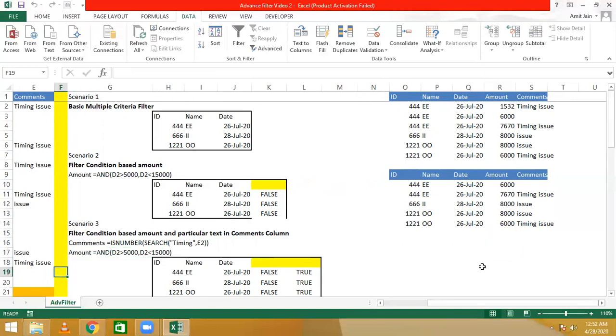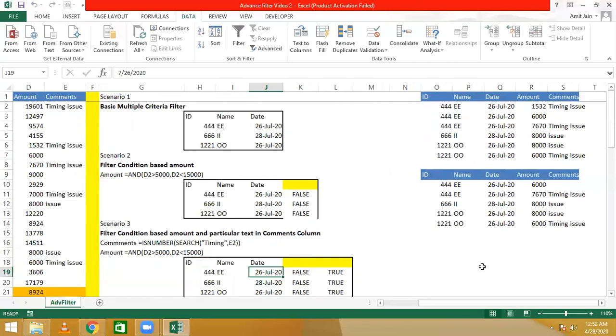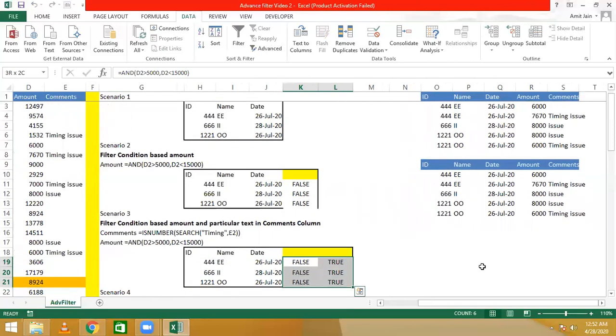In scenario 3 we want to put two conditions in our advanced filter. You can put more conditions also if you have more columns, or you have more criteria to filter, so you can use more columns also, that will be perfectly fine.